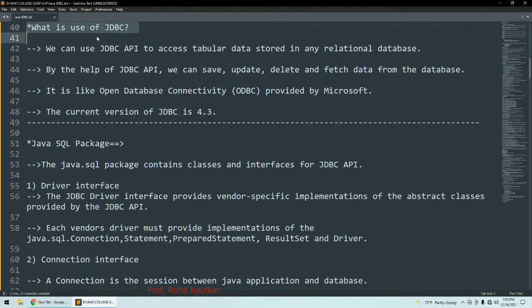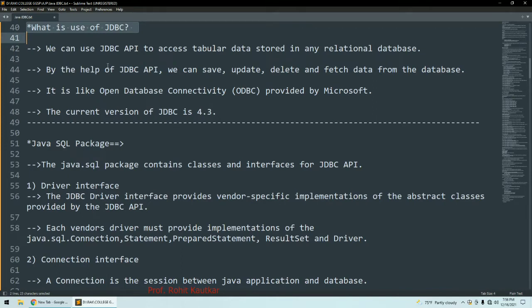We can use this JDBC API for accessing tabular data which is stored in a relational database. You know that MS Access, Oracle, MS SQL Server, MySQL, all these are relational databases, and you know the concept of relational databases, where we organize and store our data in the form of tables, and a table is made up of rows and columns.